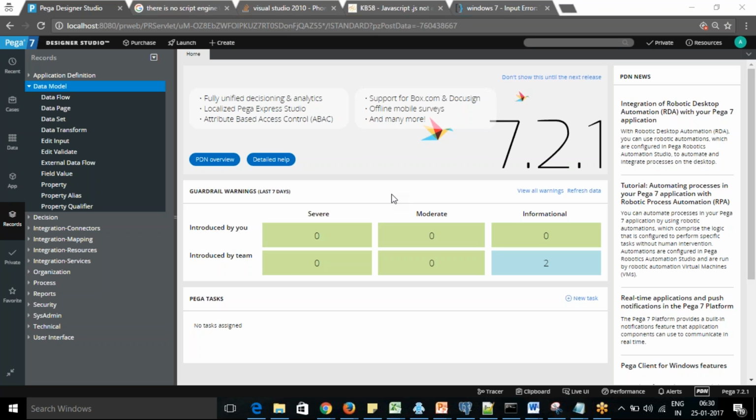Okay. So in the data model, when you decide on your case, you need to decide on the property you are going to use with that. In the data model, you can see there are different rules present: data flow, data sets, external data flow.